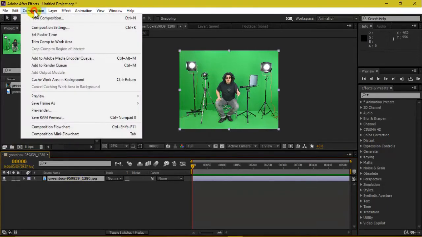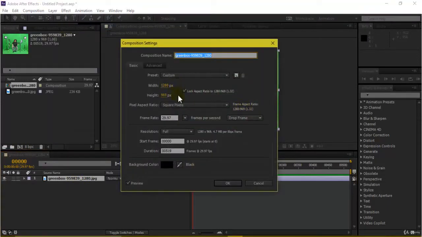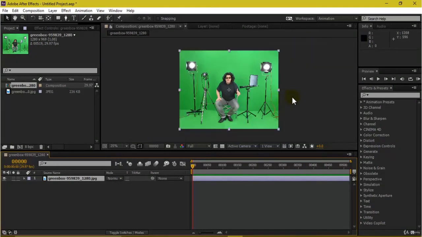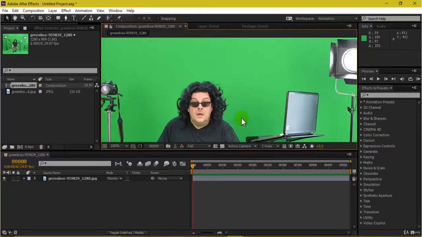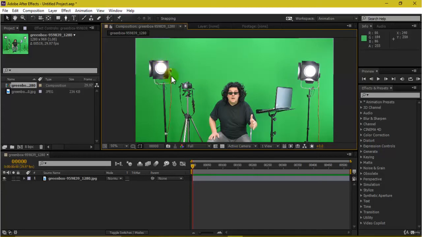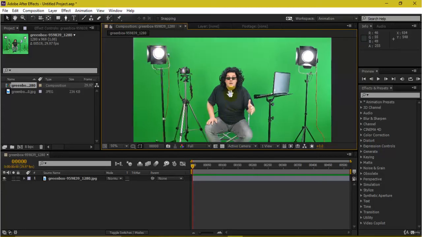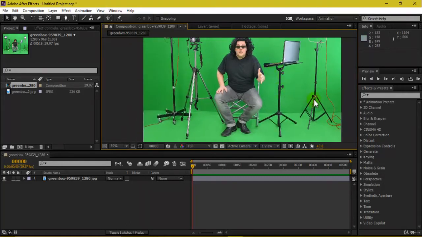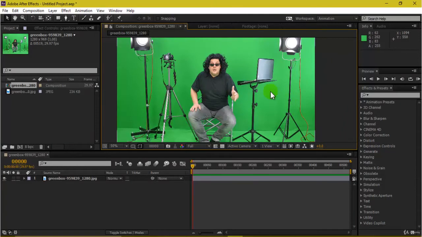If you see the composition settings, the shortcut is Control K. It's 1280 with a frame rate of 29.97. This is fine, and it's an image here. You can replace it with any background rather than doing rotoscoping or cutting this out with the pen tool and extracting all these elements. As this is green, it gives us the possibility to eliminate this green color, and then you can insert any background according to your choice.